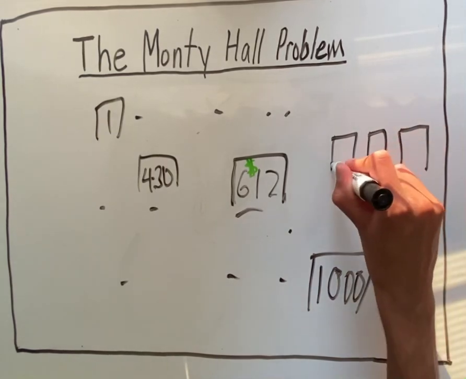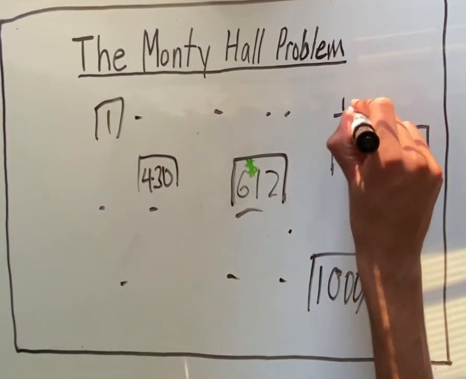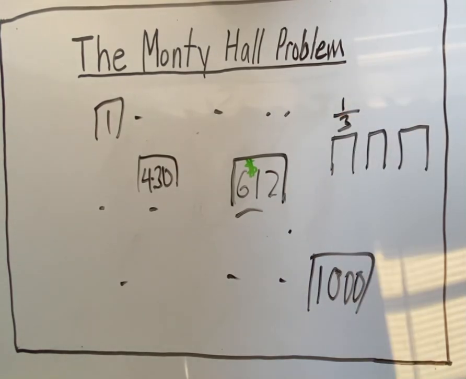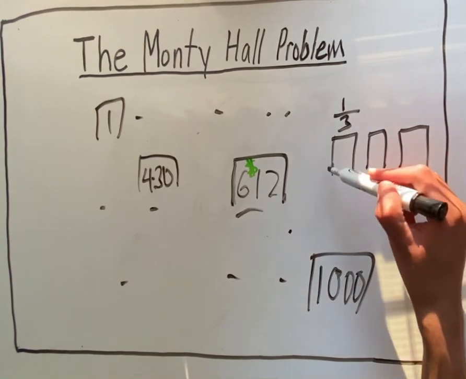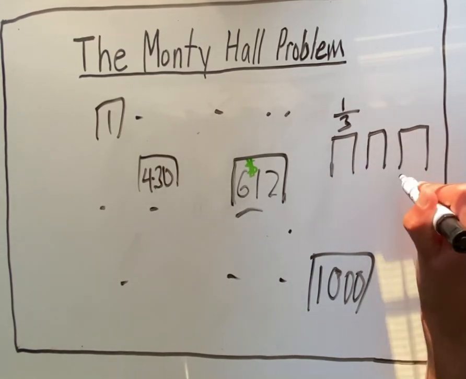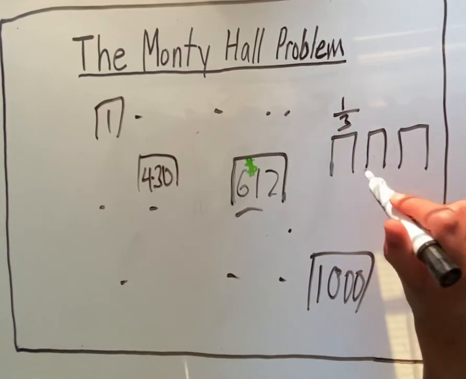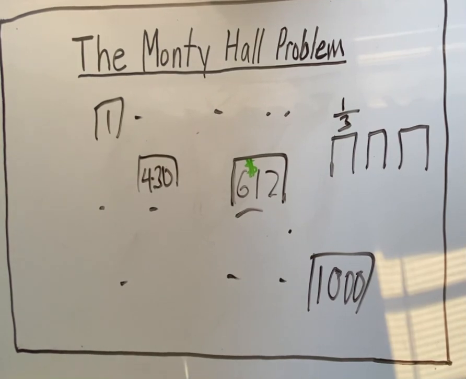It's just a little less obvious because you do have a 1/3 chance of guessing correctly in the first place. But again, by eliminating one of the other doors, it doesn't increase the probability that you're right in the first place. It's more like pointing you to the correct door. I hope that makes this somewhat unintuitive problem a little more clear and understandable why the probabilities change in the way they do.